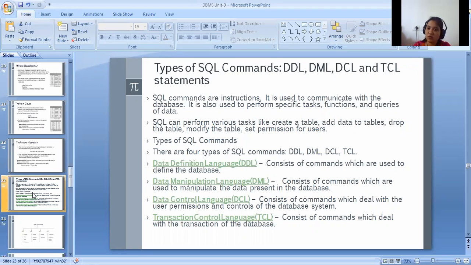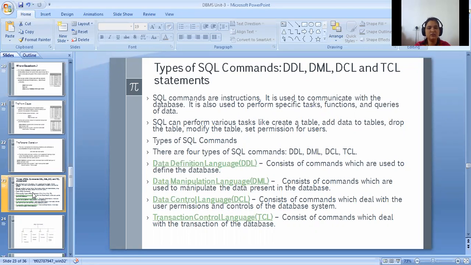Drop means if you want to delete the table completely from the database. We can even delete the whole database, modify the table, and set permissions for users. All these kinds of operations we can perform using SQL. So there are 4 types of SQL basically.